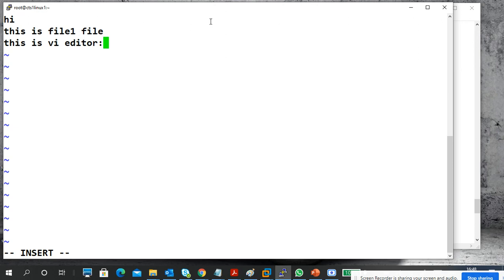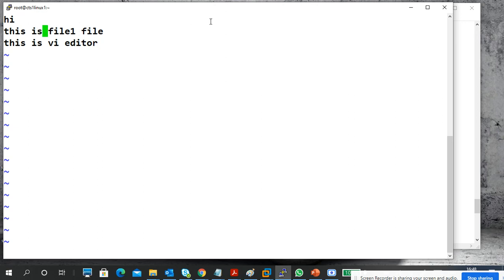Colon must be down. If the colon is upper, in the upper lines, it is a separate line, not at the bottom of the screen, the actual bottom of the screen. In a command line it is not there. It means you are giving it wrongly, you are giving it in insert mode only. Escape. See,